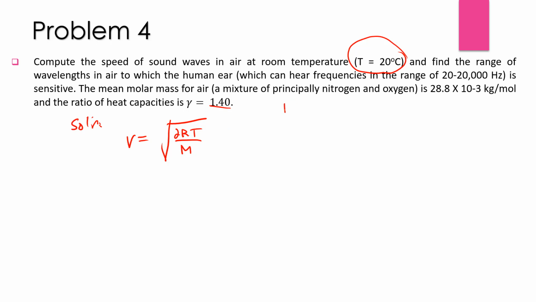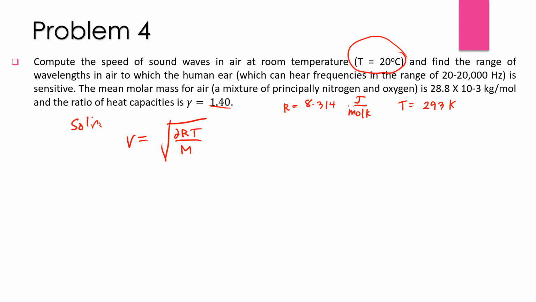R is the gas constant, equal to 8.314 joules per mole Kelvin. And the temperature is 20 degrees Celsius. And take note, you need to convert it to Kelvin. 20 degrees Celsius is around